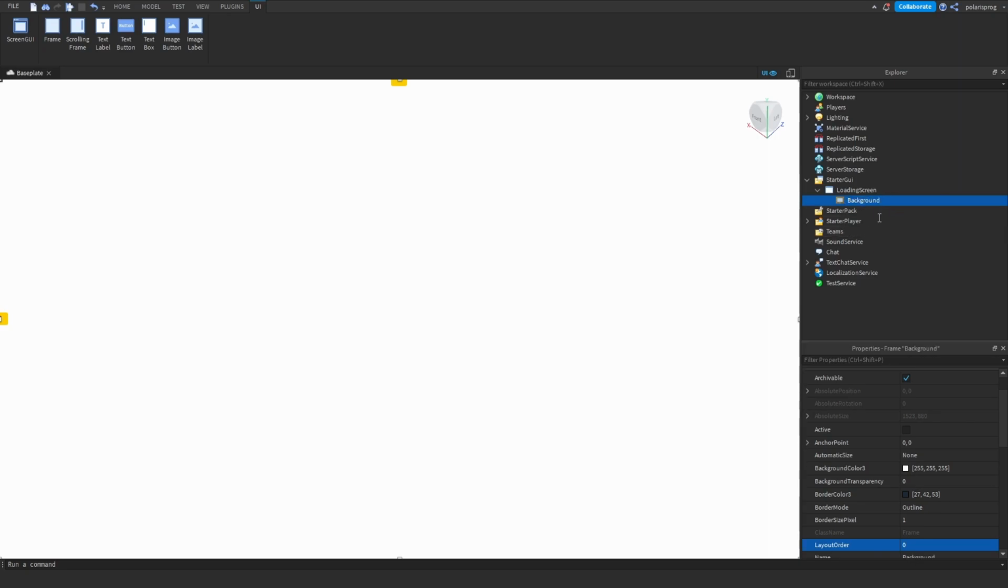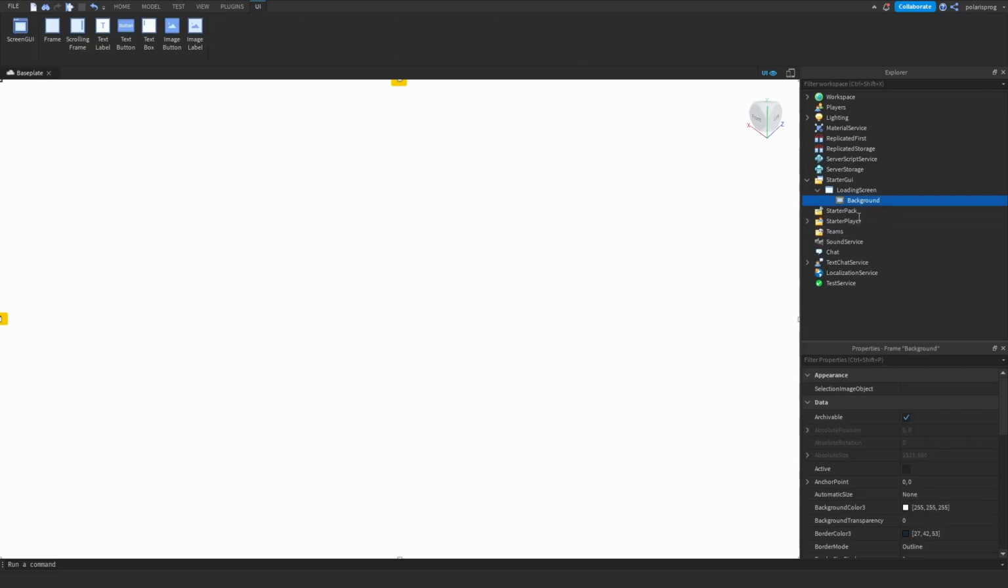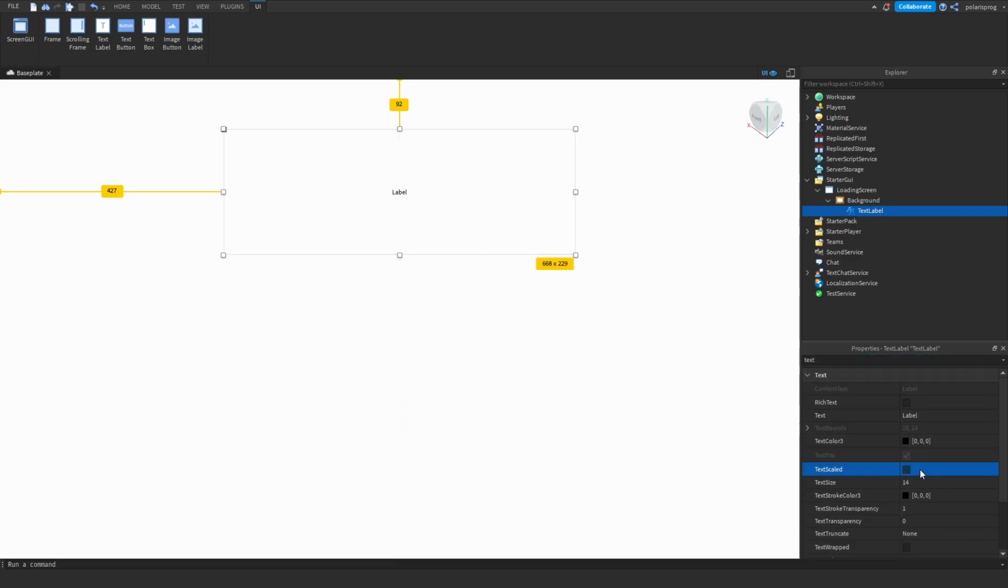Okay, so next thing I'm going to do is add a text label to the background, and this is going to be the logo, the name of the game. Now this has to be a logo for you, so you could change it to an image label and put the game logo here, but I'm just going to change the text to game name